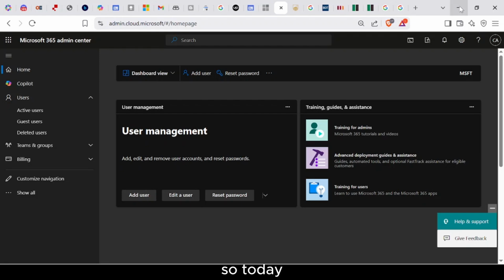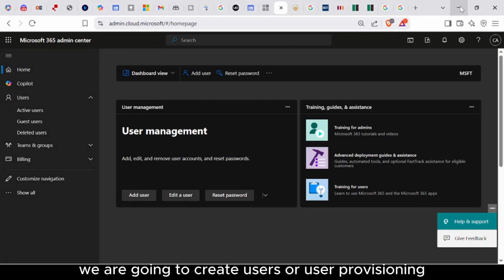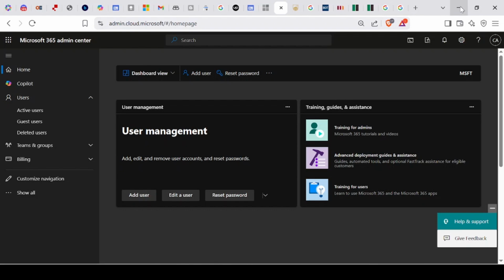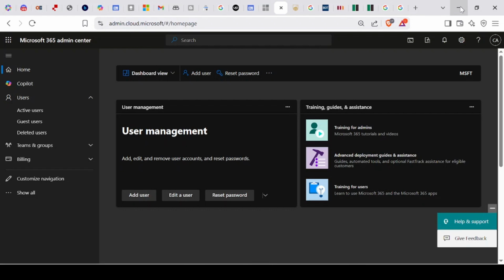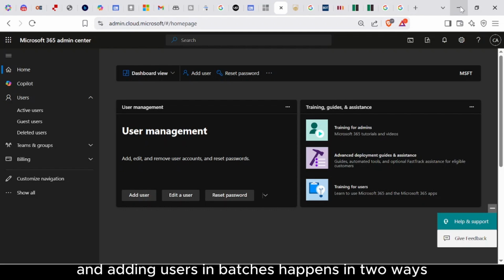So today we are going to create users, or user provisioning, and we are doing that in three different ways. We are doing user provisioning by adding the user individually, per user. After that, we'll do a second user provisioning where we add users in batches, and adding users